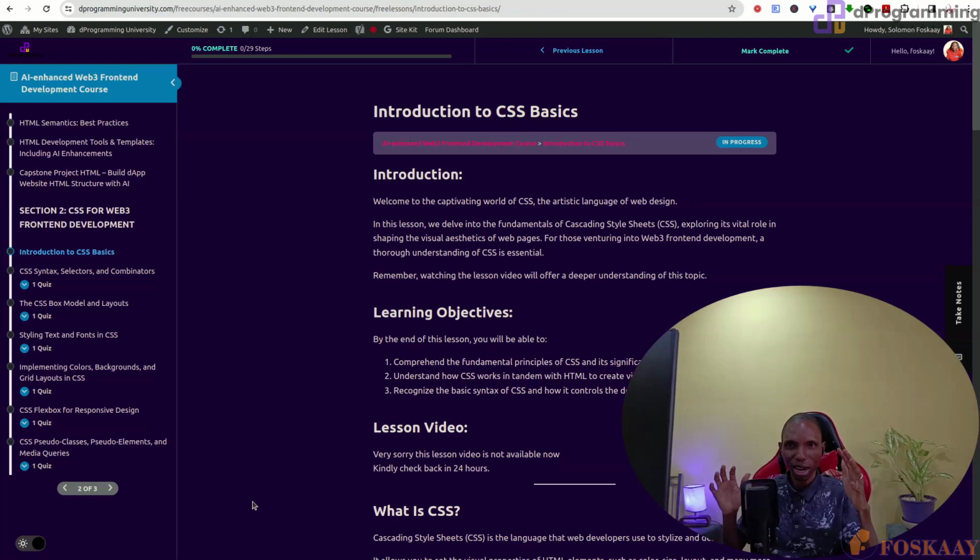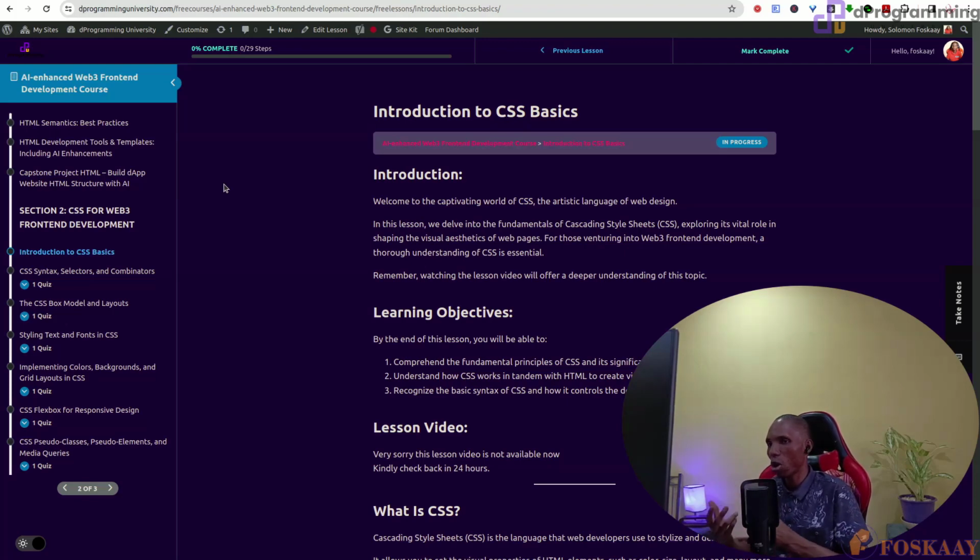In this lesson, we are moving to a new section entirely, continuing on our AI-enhanced Web3 front-end development, where even if you have never coded before, you are taking from scratch to learn about blockchain, then start with front-end Web3 front-end development, covering HTML, CSS, JavaScript, TypeScript, and using API. So these are essential things you need to get started, and in subsequent courses, we're now taking the knowledge of